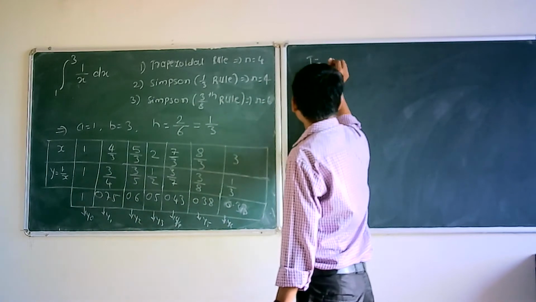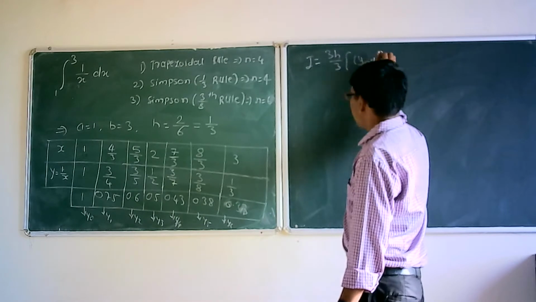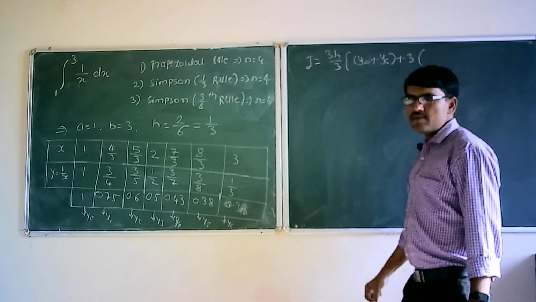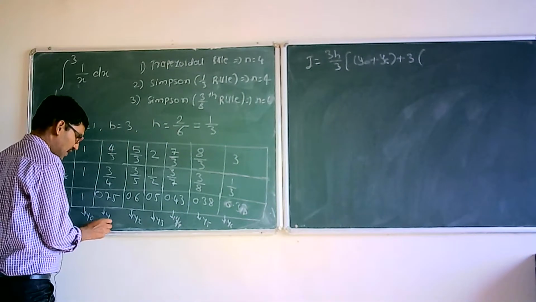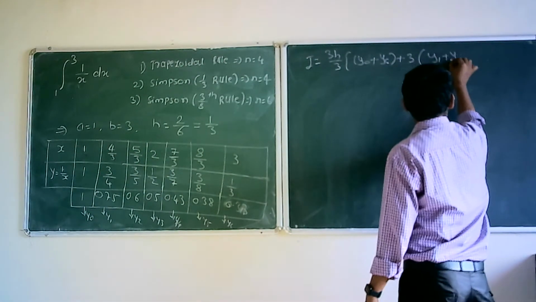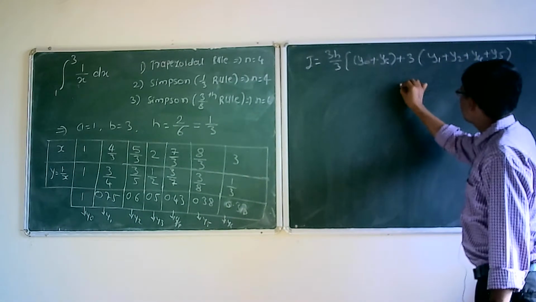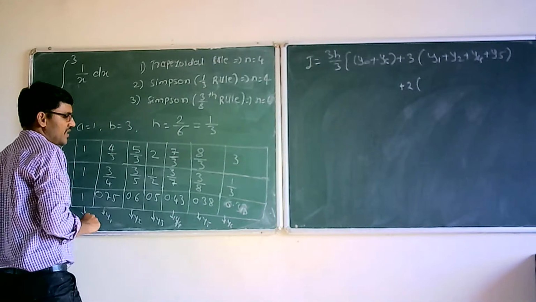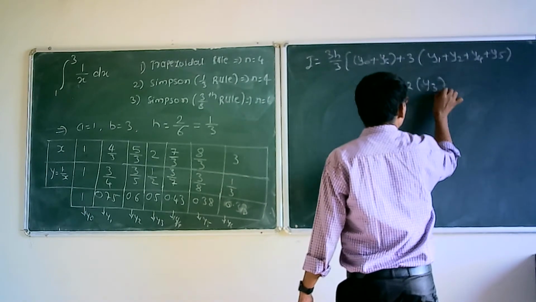So now next we want to apply the Simpson 3 by 8 rule. So I is equal to thrice h by 8 inside the bracket y0 plus yn. yn is what? y6, plus 3 times terms which are not multiples of 3, that means y1, y2, y4, y5, plus 2 times the terms which are multiples of 3. Only one term, since y6 is already added with y0. So 2 times y3, bracket completed.